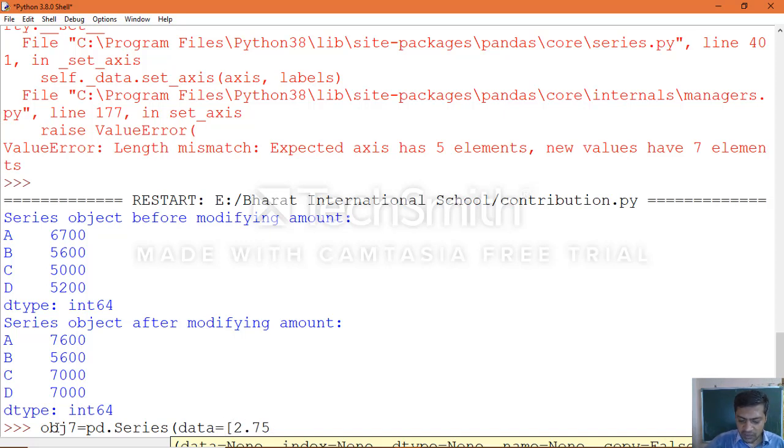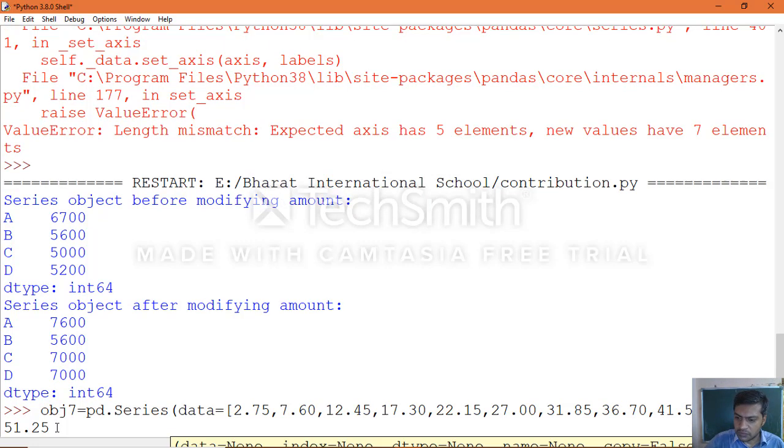Okay, we'll take it as data and make use of the default index: 7.60, 12.45, 17.30, 22.15, 27.00, 31.85, 36.70, 41.55, 46.40, 51.25.